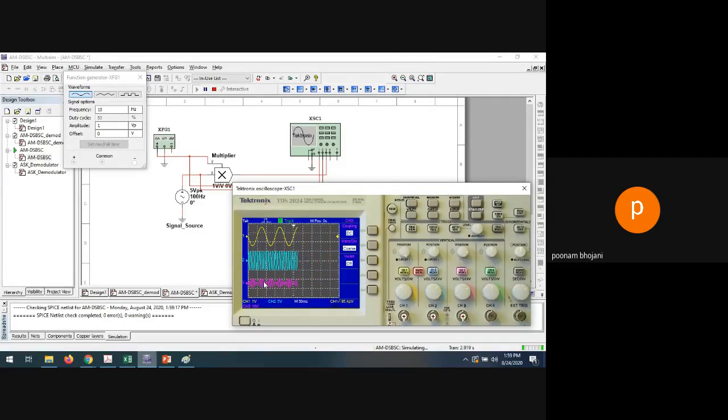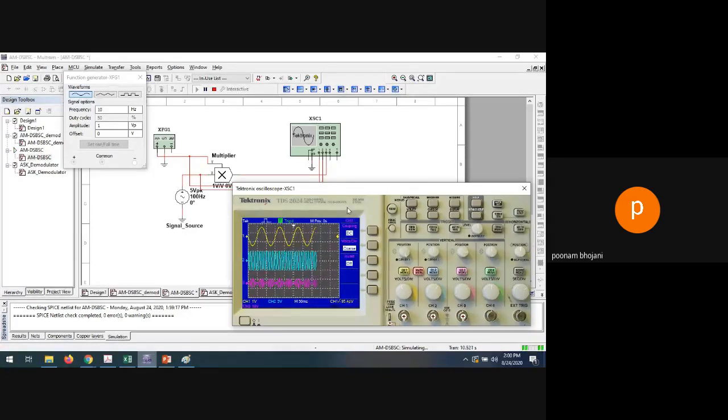And the third is the AM, amplitude modulated signal, in which the amplitude of the carrier signal is increasing as much as the message signal amplitude is increasing, otherwise it is decreasing. Okay, so this is your amplitude modulator. I'm talking about the modulator. We are going to learn both modulation as well as demodulation.